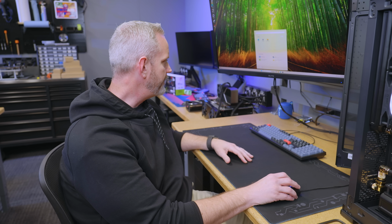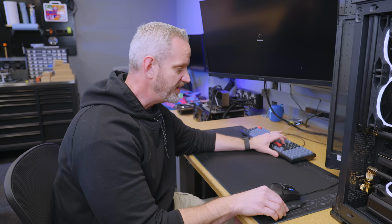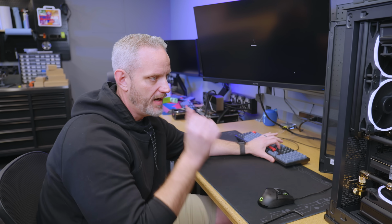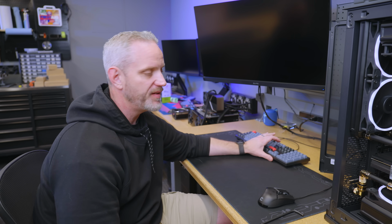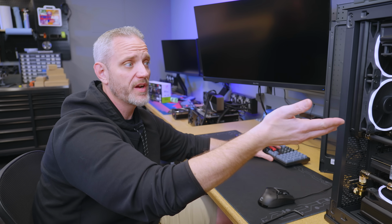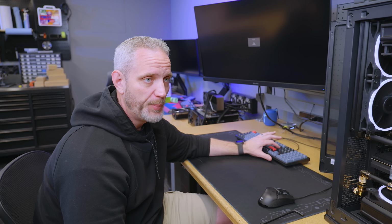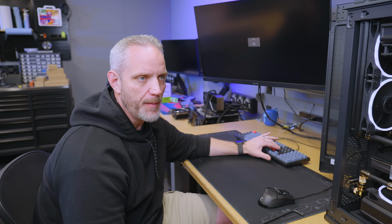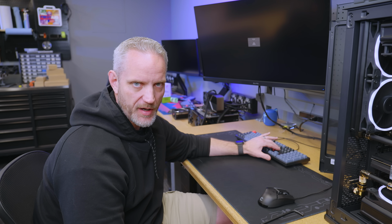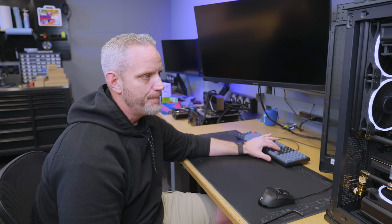Let's go into the BIOS and see if you're curious as to how I was getting these particular scores. I did nothing except enable EXPO on the 6400 megahertz Crucial RAM, which is also 64 gigabytes of it in here. I did find G.Skill Gold RAM, but it was non-binary RAM, so it was only 24 gigabyte variants: 24, 48, 96. The problem with that, the particular sticks I was finding were not on the QVL for this particular